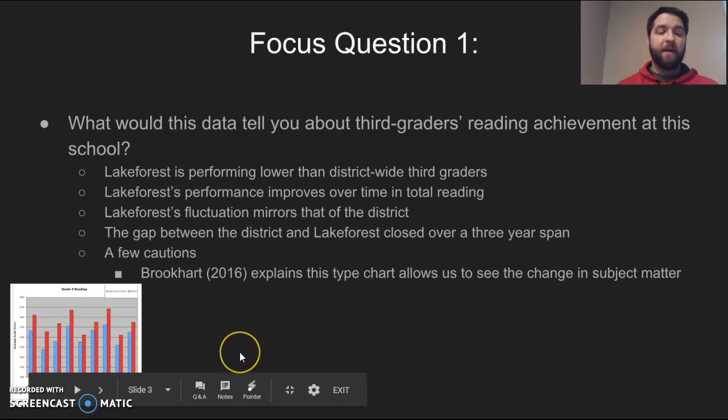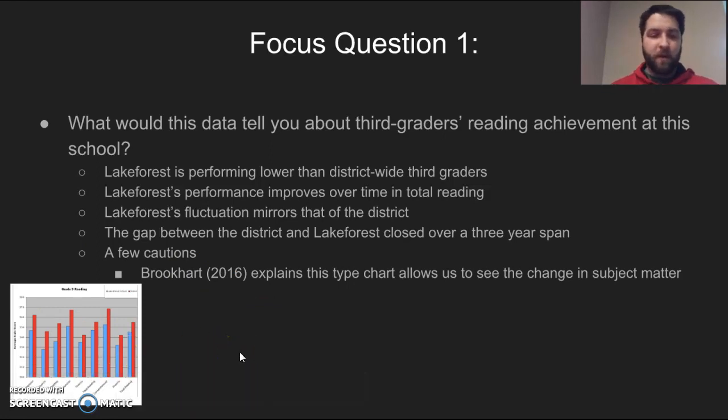I'm getting ahead of myself a little bit here, but a few cautions I would like to discuss. This type of chart allows us just to see a change in subject matter, not necessarily how much improvement we made from year to year. This data doesn't give us a whole lot of information, and not a lot of specific information to know how students are performing in their classrooms.